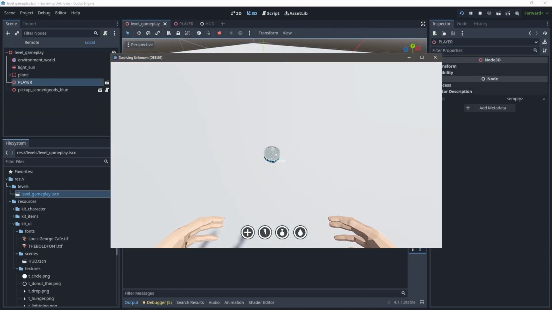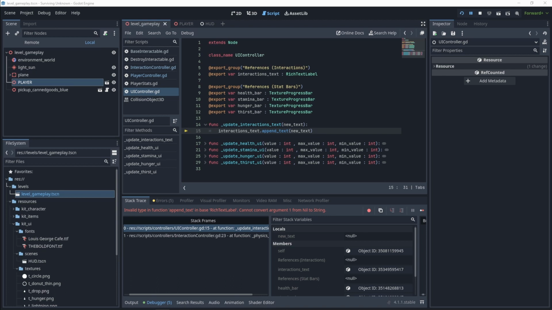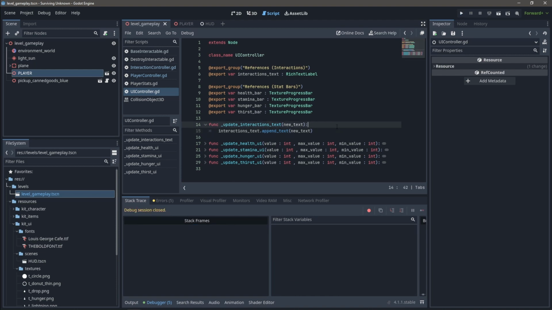And as you can see, it wasn't working because I was using a wrong function name in the raycast method. And then it crashed because I forgot to assign a reference. And it crashed again because I was using the wrong function to set the text. So the correct function, it actually wasn't a function. So you get the text as a reference or a variable. And then you use